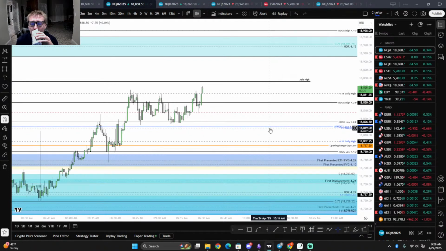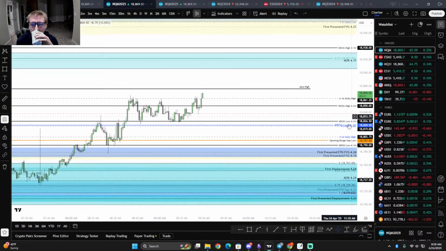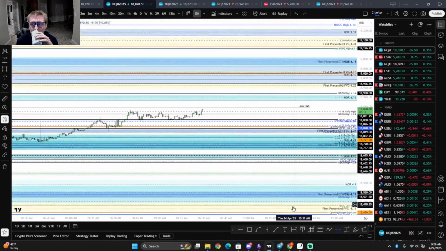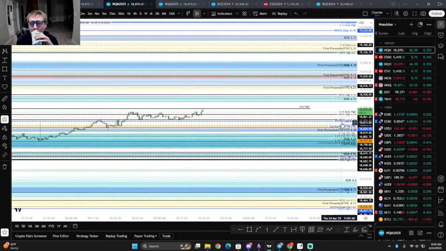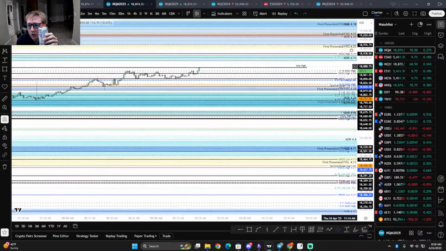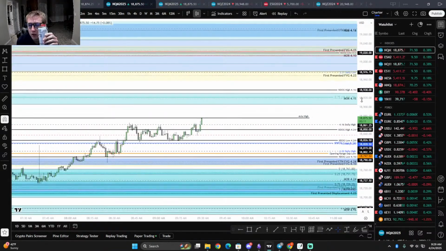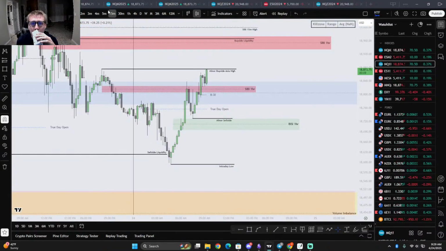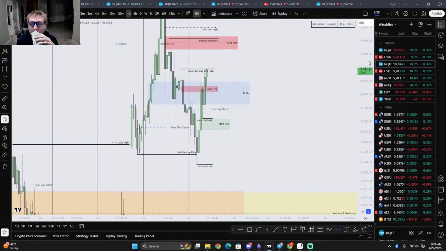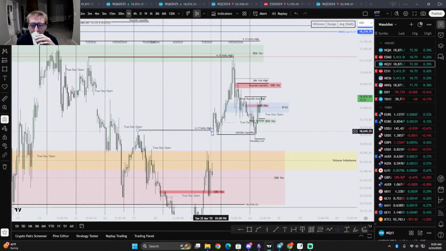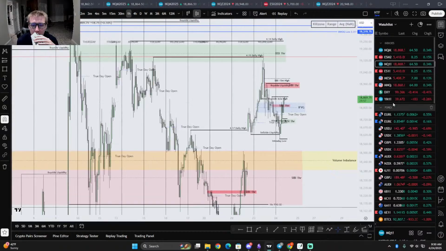Notice how we're in a new week opening gap right now. Where's that new week? Yeah, this large new week opening gap from this low to this high. That's several hundred handles there on that one new week opening gap that we had. I just want to zoom out here as well. We have an inefficiency here. We have a new day opening gap, and then this is a new week opening gap that we're within.